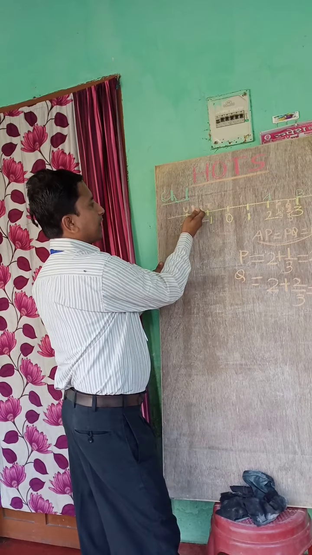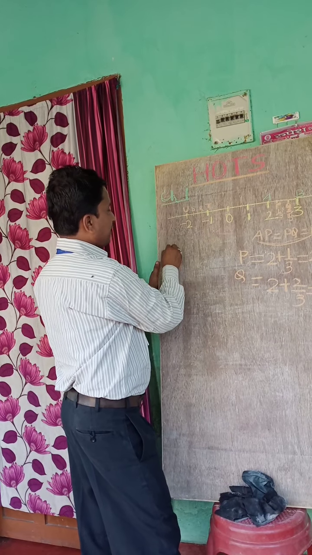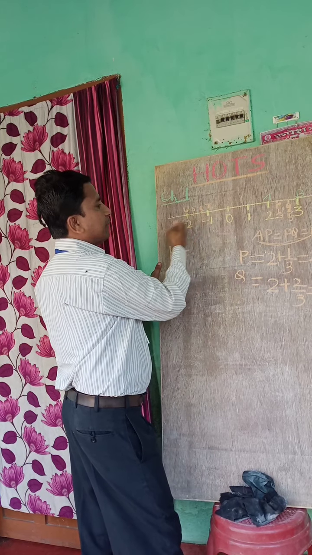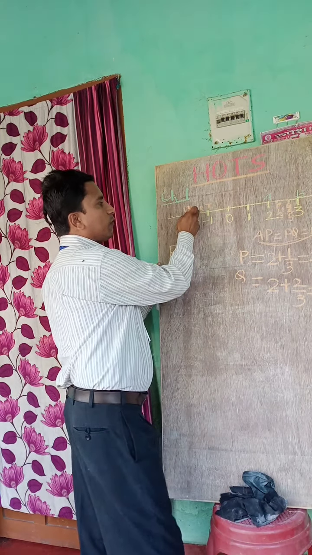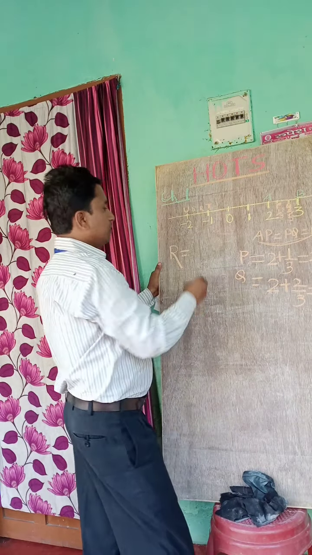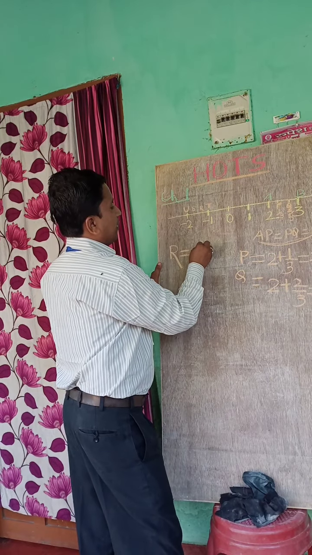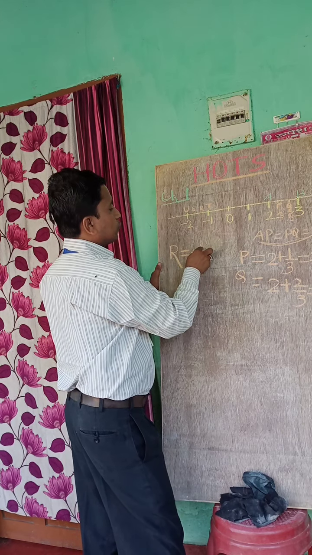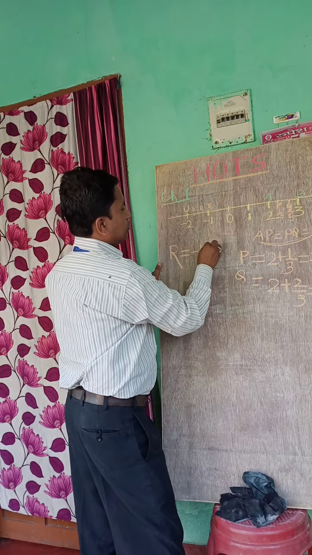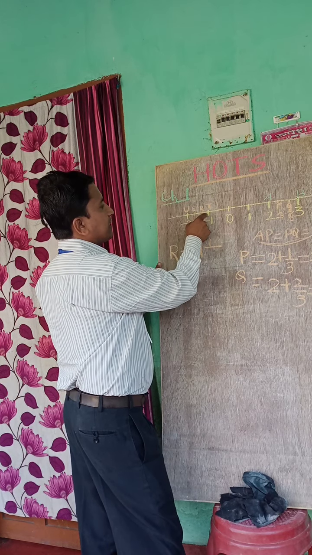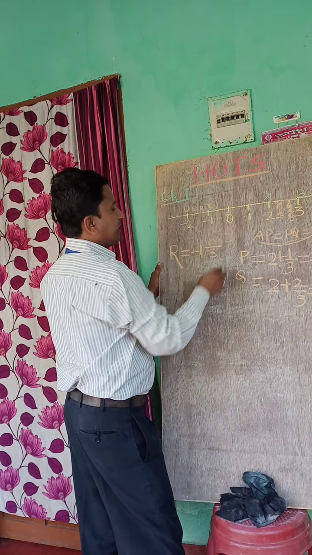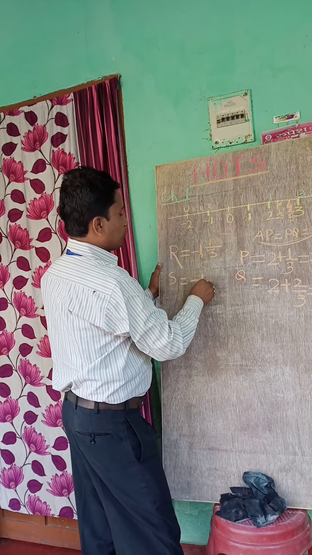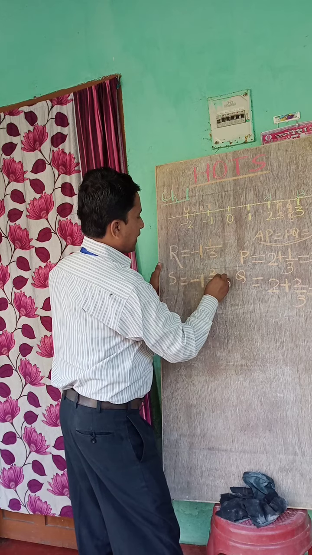Similarly, you can find here what is the value of R. R equal to, since it is left hand side from 0, so value of R and S both are negative, minus, and it lies between 1 and 2. So 1 whole, this is 1 and it is first place 1, and this portion is again divided in 3 equal parts. S equal to minus 1 whole 2/3.